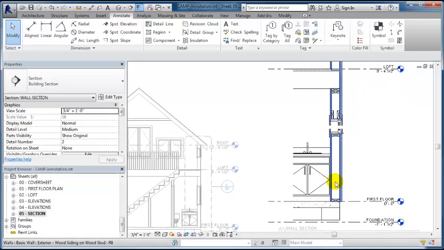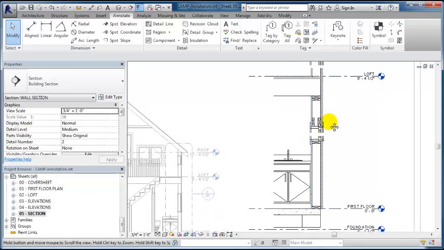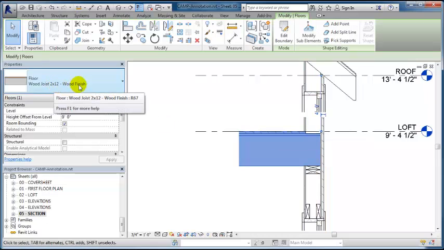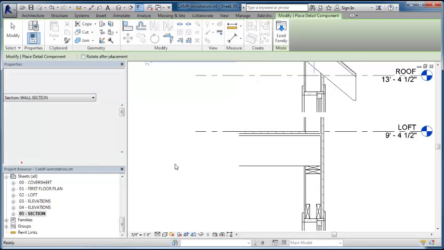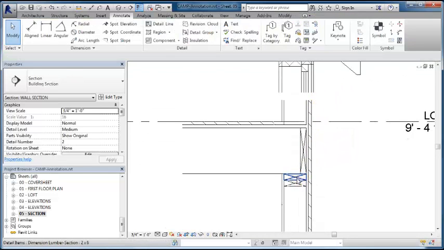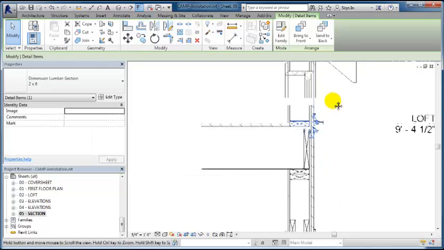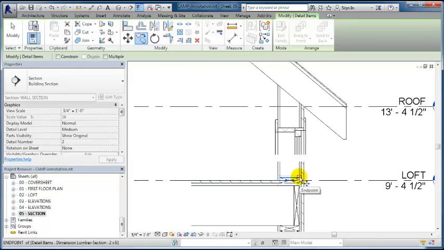So what that has done is just filled in with detail components what is actually going on construction-wise inside the wall. In the floor system, remember that this floor system is a 2x12 wood finish, so that means it's a 2x12. I would go to Components and find the 2x12 and rotate that with my space bar until I could put it right at the top of the first floor wall. And then we can use the copy tool, this component, up to the shoe plate for the wall above, and then we would copy that at